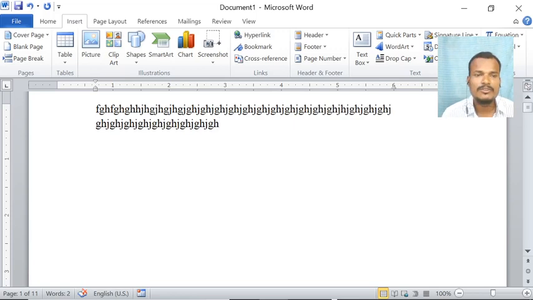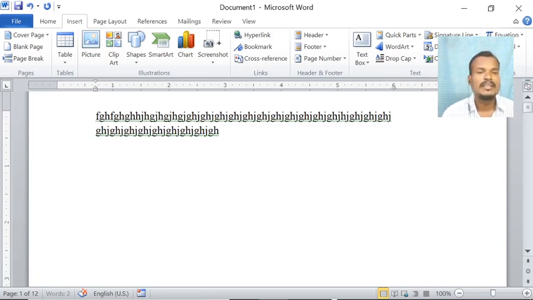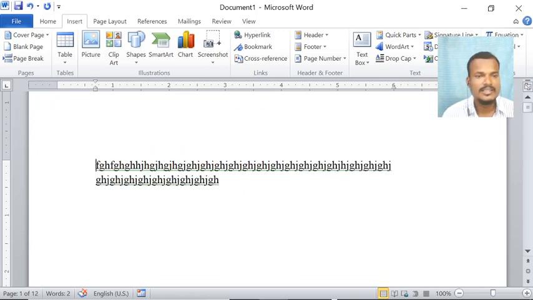Okay, this is about the horizontal ruler. So what is the purpose of this vertical ruler? Here also the purpose is the same. Where is this indent? From there only we can start the text. See here, you observe, we can't type here. Why? Because the indent is here on this vertical ruler. See here, if I adjust the vertical indent here, the text is also here. If I adjust here, see here.